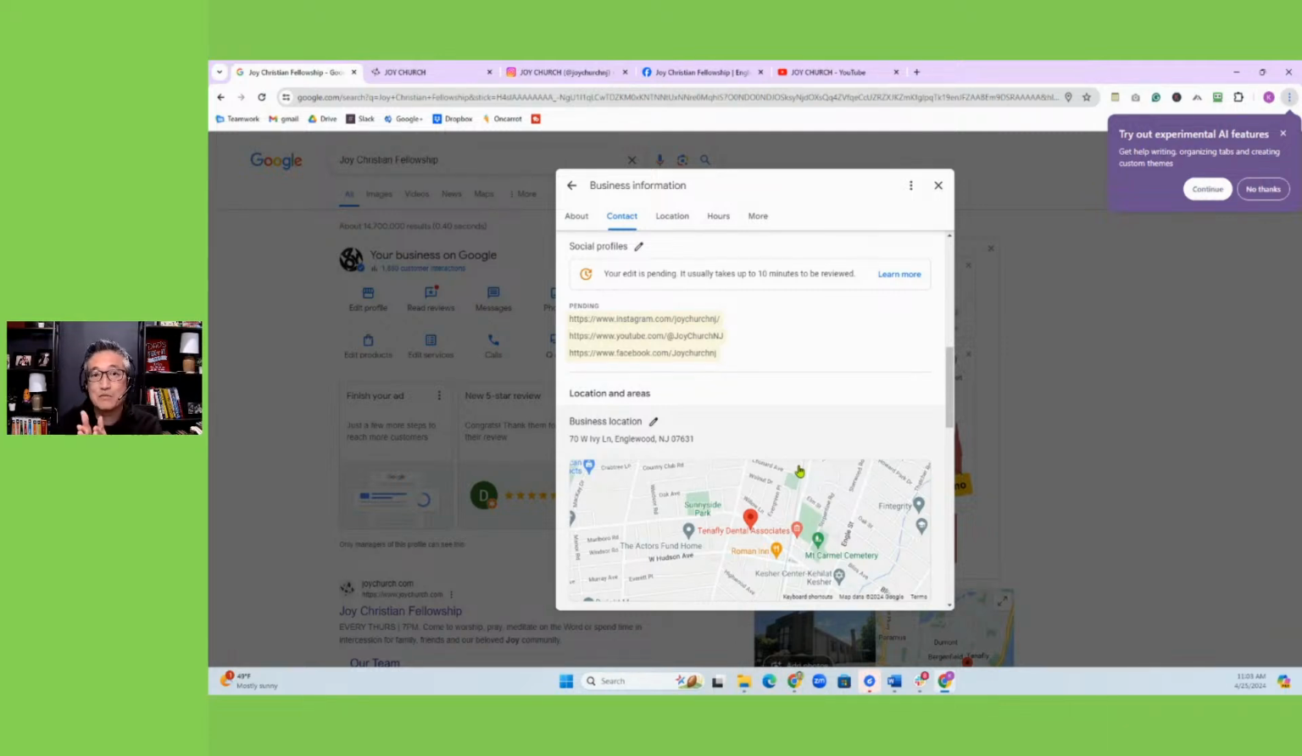Now, why is this important? You may be wondering why this is important. Recently, Google changed their algorithm, the local algorithm, and what they're looking at is authority. So what does that mean? Authority. So every